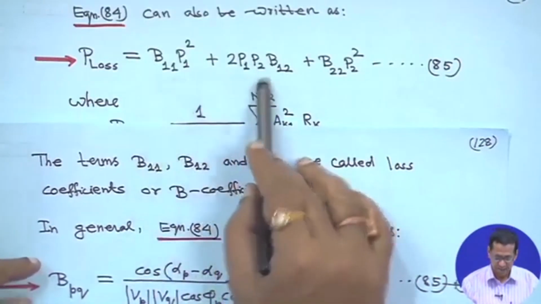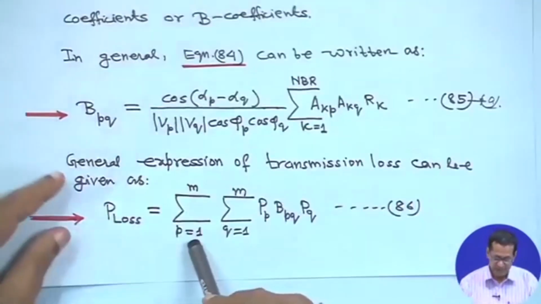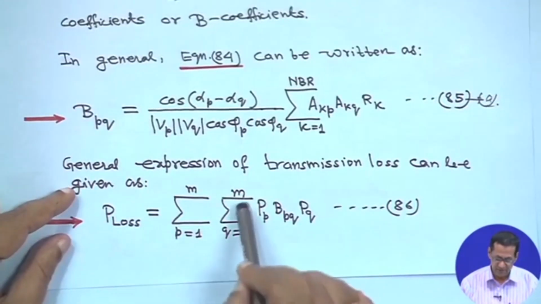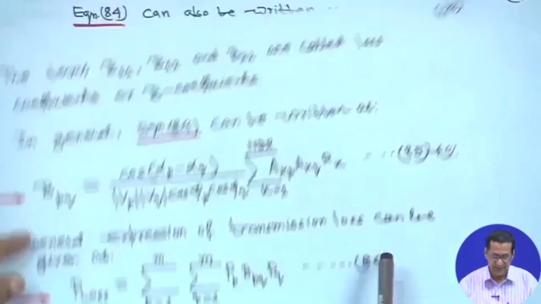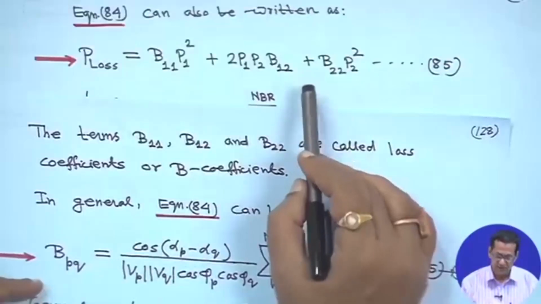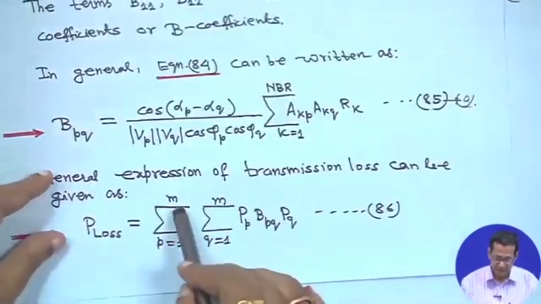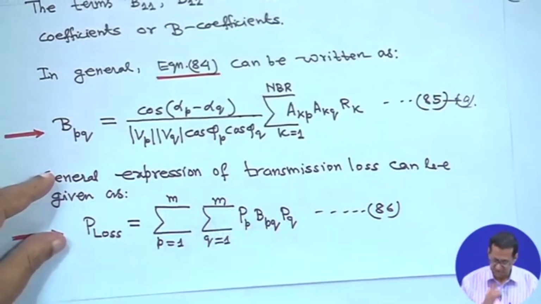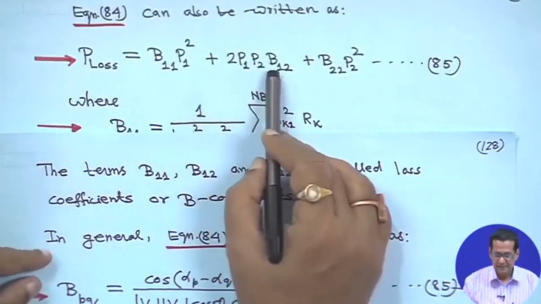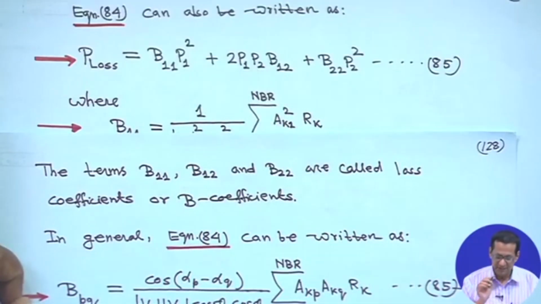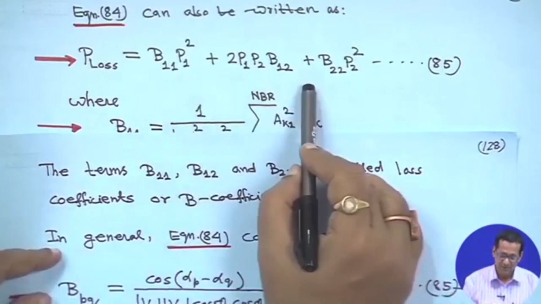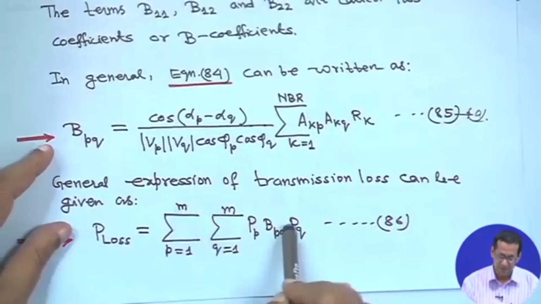This can also be generalized: P loss is equal to the sum over P equal to 1 to m, Q equal to 1 to m, of Pp Bpq Pq. This is equation 86. If you make m equal to 2, then you will get this expression. Here 2 is there because this term will be repeated, since B12 is equal to B21. Ultimately, if you expand this, there will be 4 terms for m equal to 2,